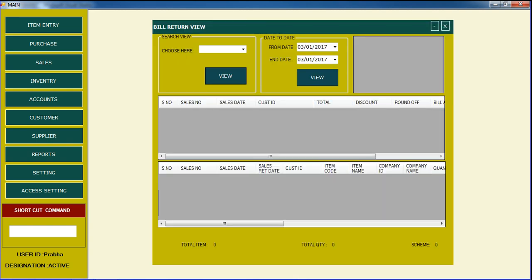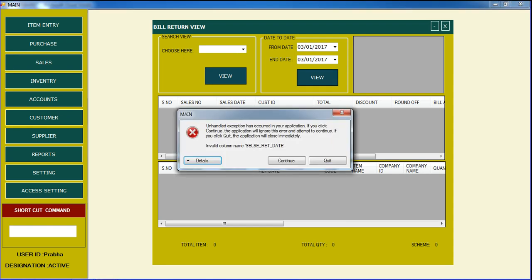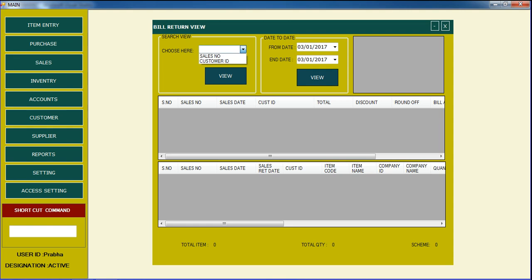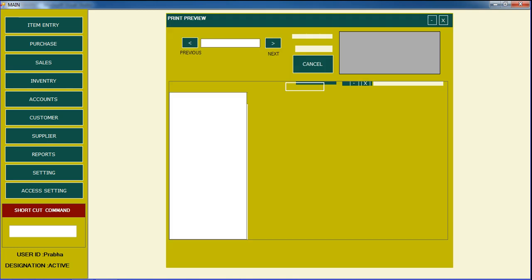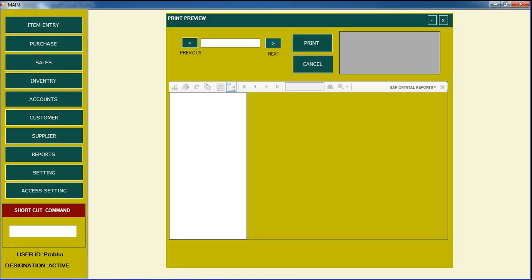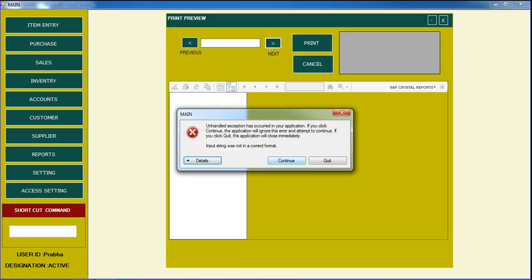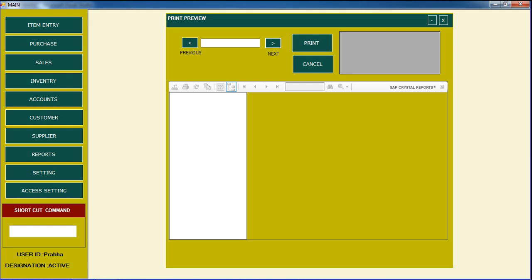Bill return is also the same, by date and all records, or by sales or customer ID we can fetch that record. And then go to bill copy. You need bill copy, so we use Crystal Report here, and with respect to that we can get the print also.